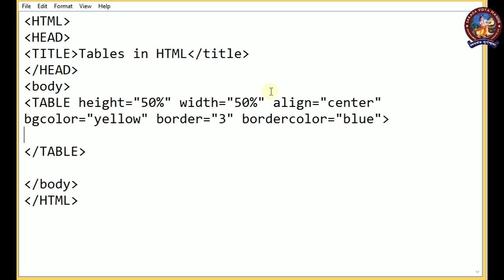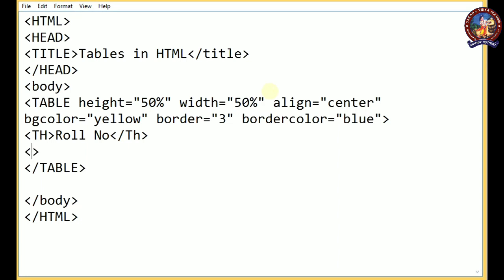So at first the table heading. The table heading contains the headings of the columns of the table. So first I am giving table heading and roll number, close the table heading. Second heading is name and close the table heading.